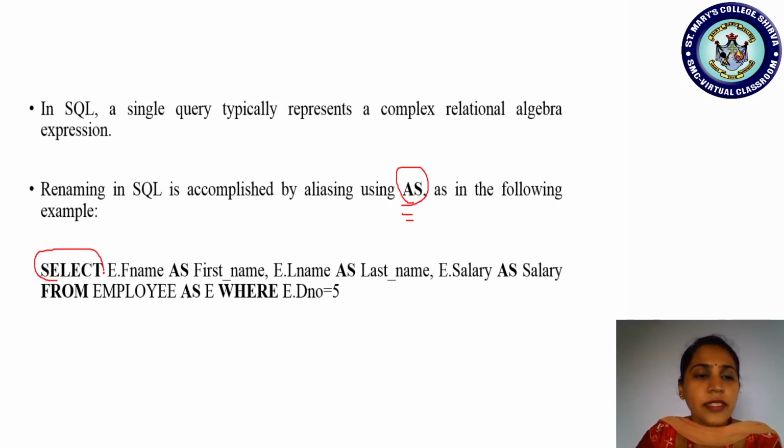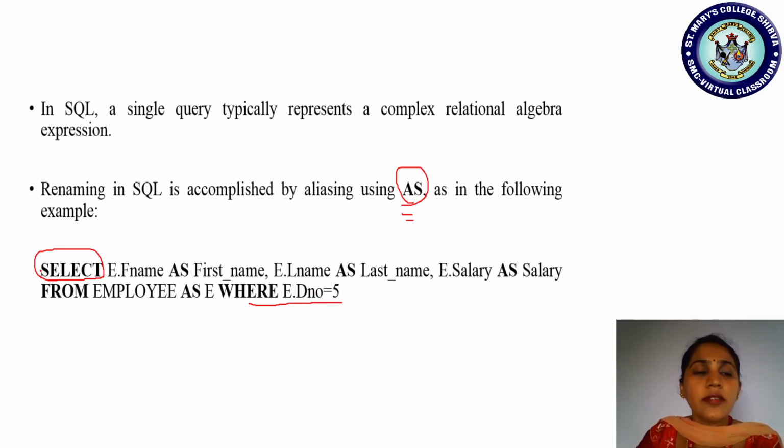SELECT is an SQL command where we can apply which one? The select operation as well as the project operation. The select operation is there with the SELECT command, which means a condition should be there, right? Using the WHERE clause, where E.Dno, or department number, equals 5. So here we are applying the select operation with the condition department number equal to 5. And we are also applying the project operation. So project operation means what? Which attributes we want to view.